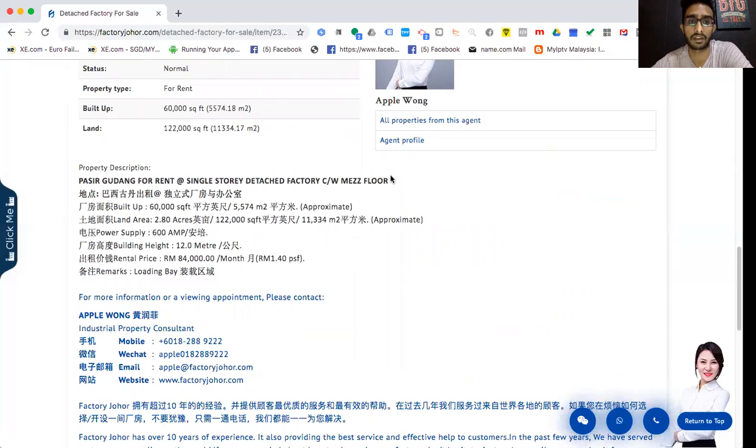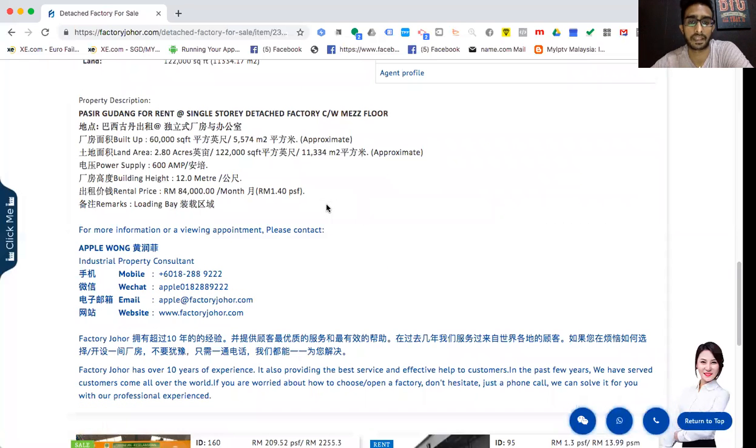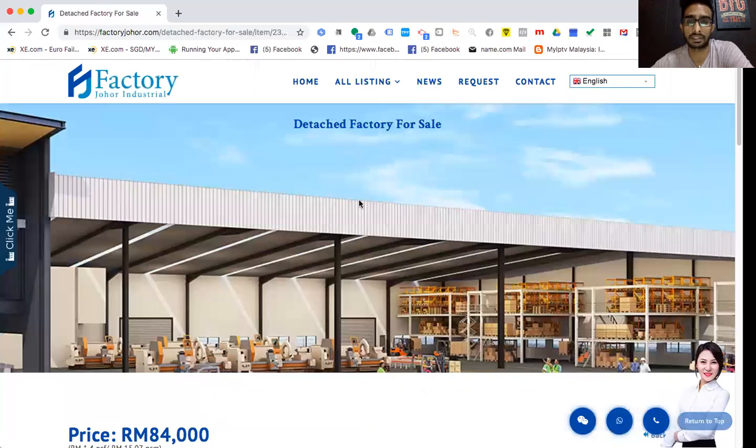Yes, it is working for them in a way that it is showing the properties and the details and stuff like that, but it doesn't close them in a certain way. So this is called a normal website, and this kind of website does not give you the maximum conversion rates that you're supposed to get. So what I meant by